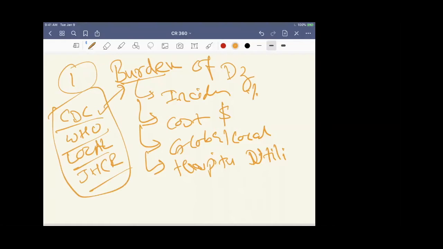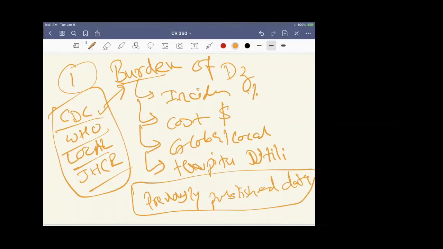And number two, previously published data. So you can write something like, an XYZ study on 10,000 population suggested or described the prevalence of cardiovascular disease or XYZ disease in X communities as this much, which is higher than usual percentage or prevalence or incidence or whatever. So you can write anything like that from previously published data.